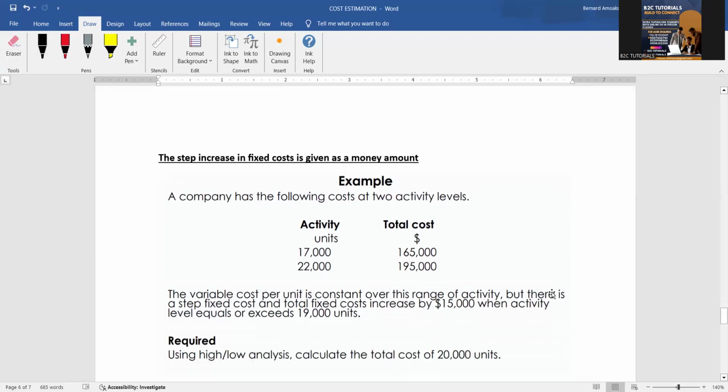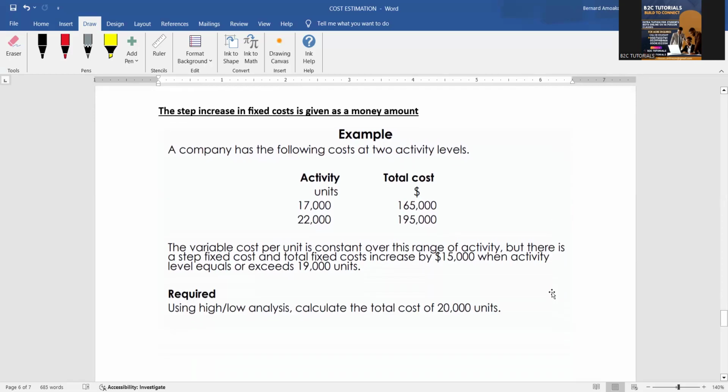So the example I have here reads that, requirement. Let's first read the requirements before we come back. Using high and low analysis, calculate the total cost of 20,000 units. Now, what is our question saying? It says that a company has the following costs at two activity levels. Activity 17,000 and then 22,000, and the total cost of 165,000 and 195,000. Now listen, the variable cost per unit is constant